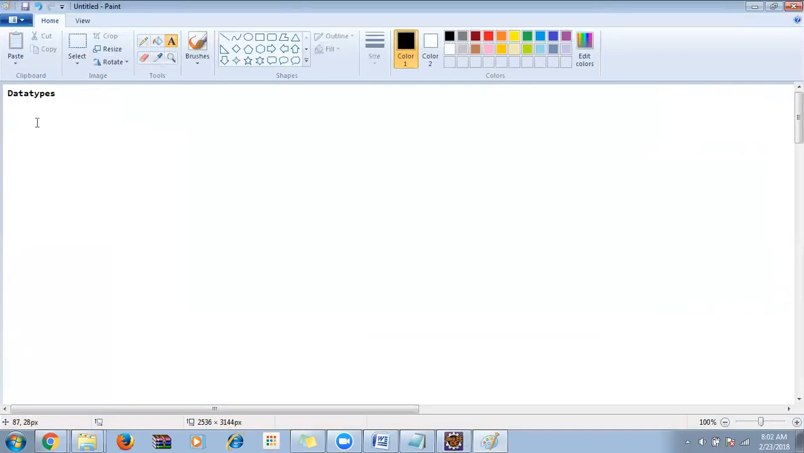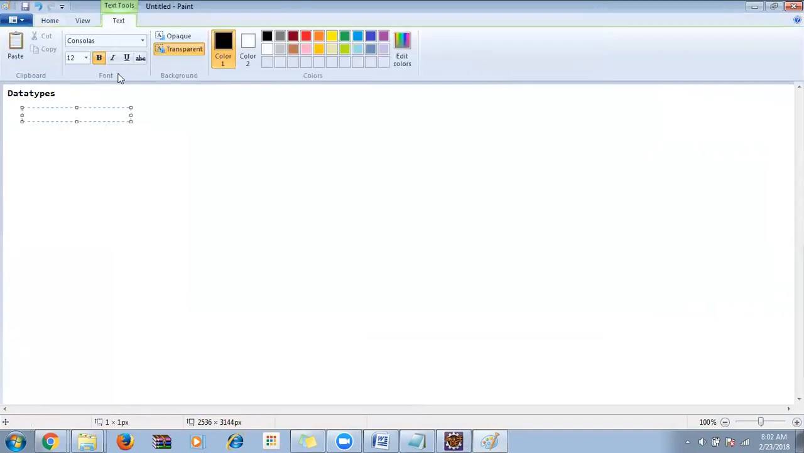Okay, what do these data types mean? Everyone would have learned about some data types in college or school. So what are the data types available? We have byte, then short, integer, long, double, float,